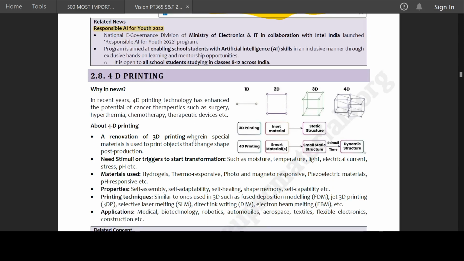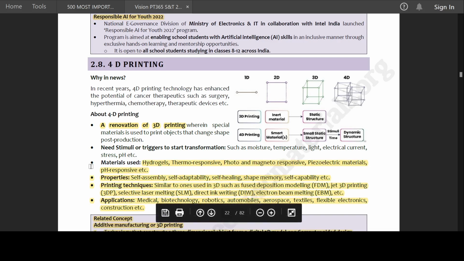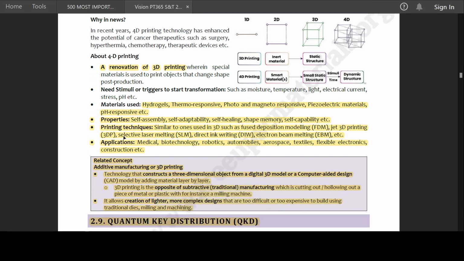4D printing. An innovation of 3D printing wherein special materials are used to print objects that change shape post-production. They need stimuli or triggers to start the transformation. Materials used are hydrogels, thermoresponsive, photo and magnetic responsive, piezoelectric materials, etc. Properties are self-assembly, self-adaptability, self-healing, and shape memory,